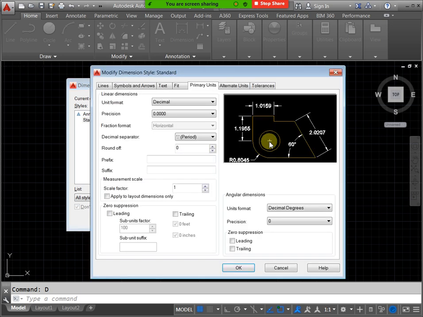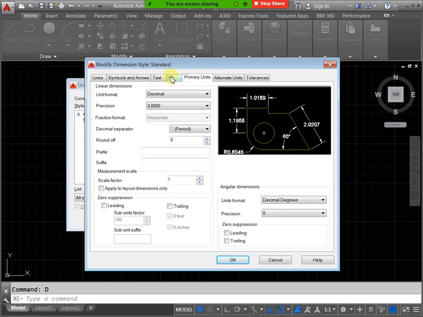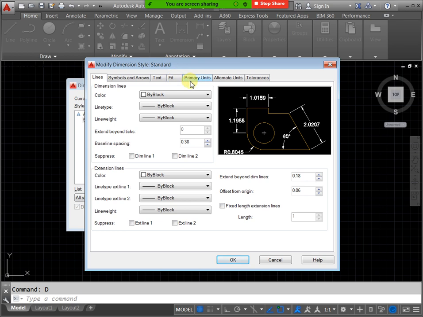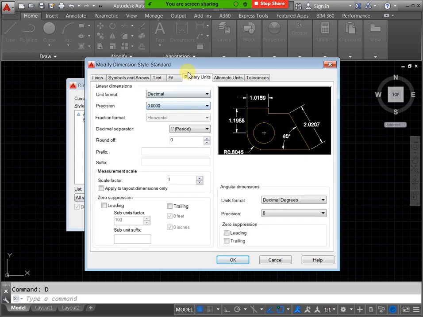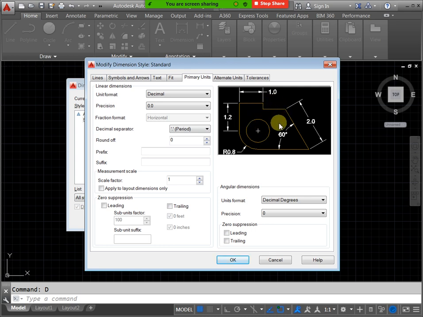Now you can observe this feature. We have decimal unit format, means unit type is default decimal, right? And you can see in decimal dimension 1.0159. How many decimals are there? After the point we have 4 values. Here the precision you can also see, 0.40 is there. For example I need only 1 decimal after the point. For that purpose we need to mention this precision value. If you need 2, 3 or more decimals you can mention here. Clear this one?